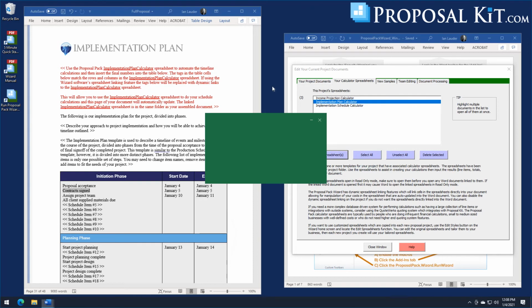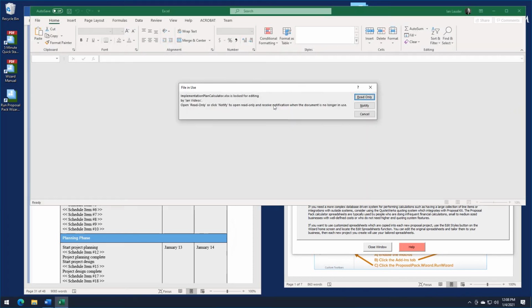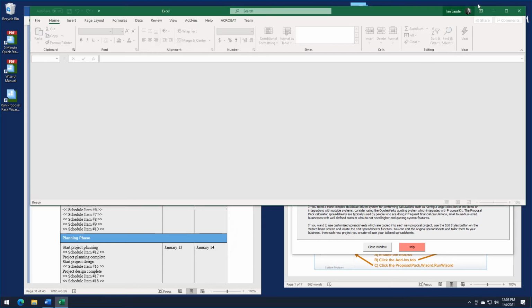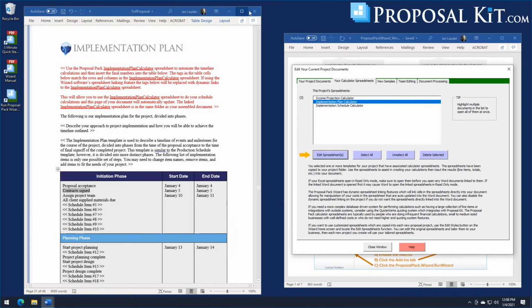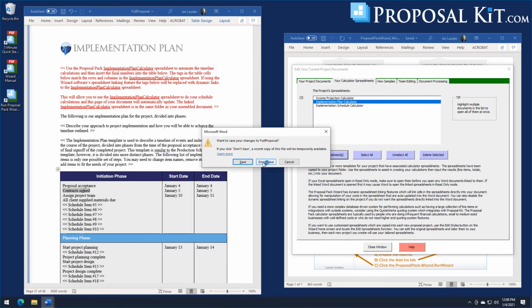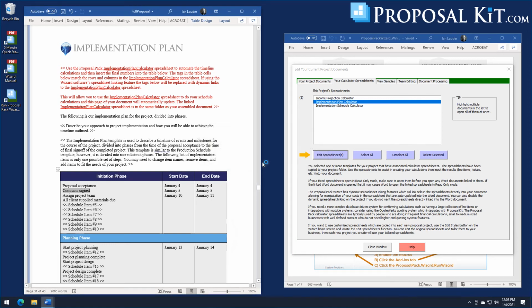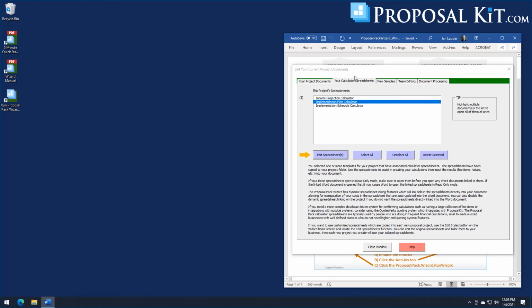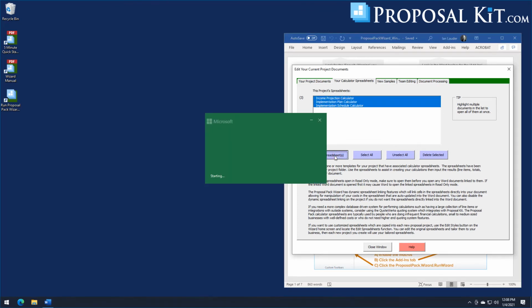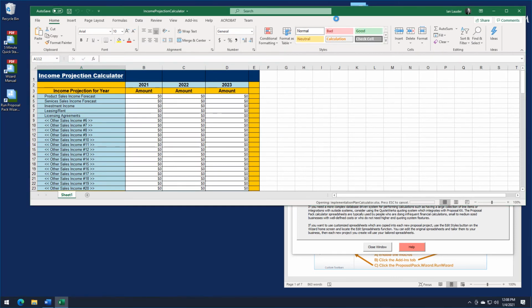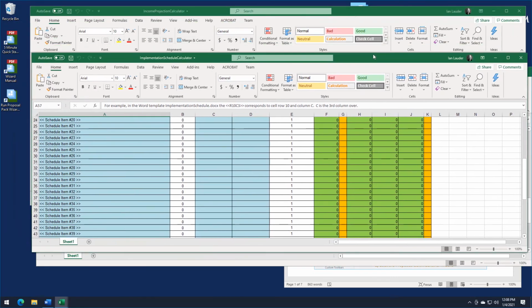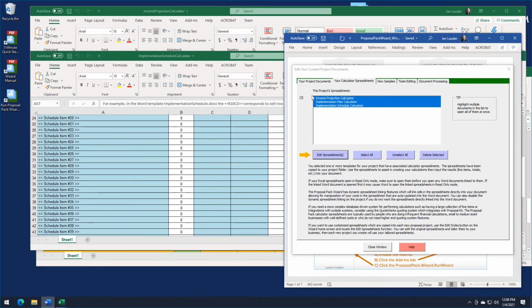So you get that little notice here, it's locked for editing. So I'll just close this, close the Word document. And we will open the spreadsheets first. Now we have those open. Now we will open